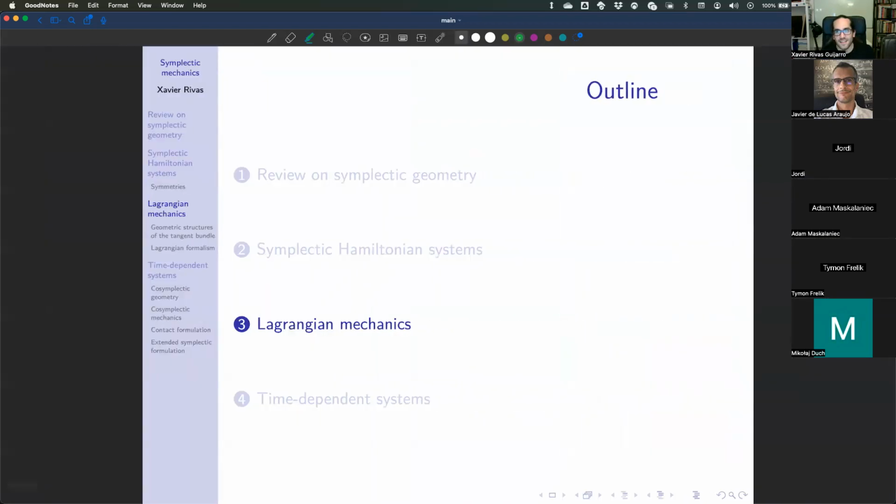Okay, this finishes the symplectic Hamiltonian part. Now we will begin with Lagrangian. May I have a last remark? Yes, the last thing, because at the very end you didn't do it,